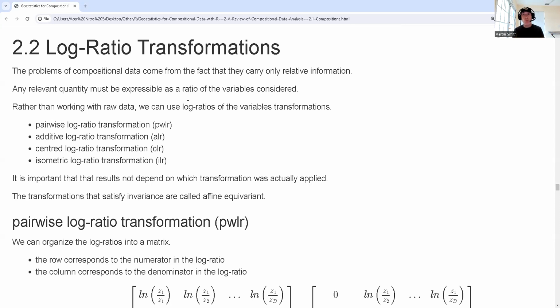Now, it's a little bit harder to interpret. Composition data is definitely easier to work with. If it sums up to 1, the value gives me the fraction of the observation. But logarithms have a lot of nice properties, right? If you go back to college algebra, we know that the ratio inside a logarithm is the same as subtraction of the two logs, the numerator minus the denominator logarithms. And so there are going to be a lot of good reasons why we would want to end up using the